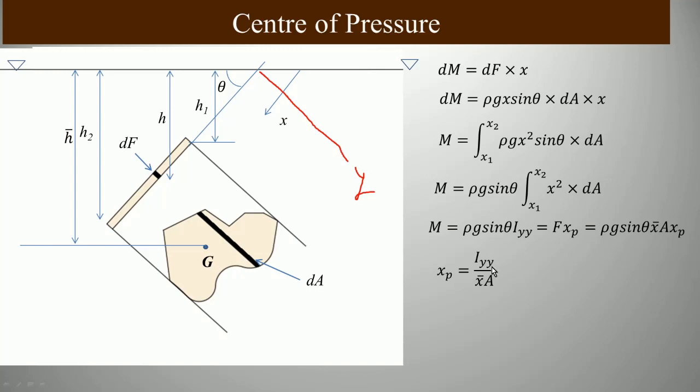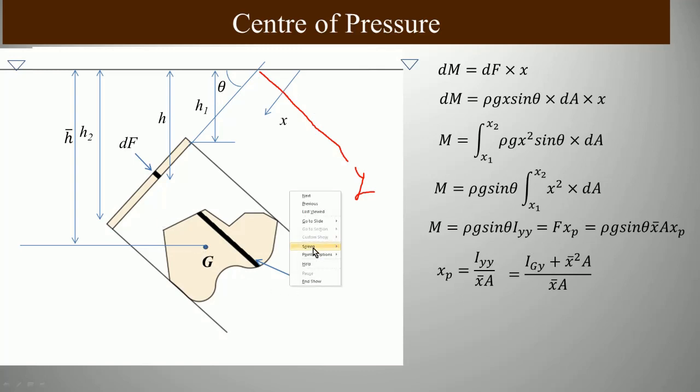Now Iyy, we do not remember the standard Iyy for some of the standard shapes. We know the moment of inertia with respect to the centroidal axis. So we have to get a relation between the moment of inertia about any arbitrary axis and the moment of inertia about the centroidal axis, and that which establishes the relation between parallel axes is called the parallel axis theorem, which is given as Iyy equal to Igy.